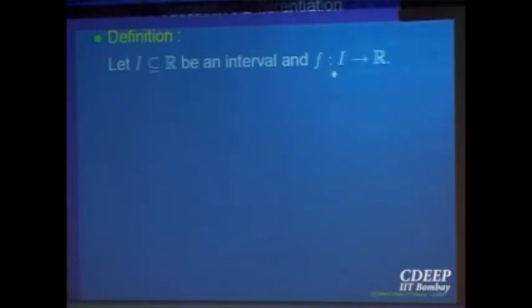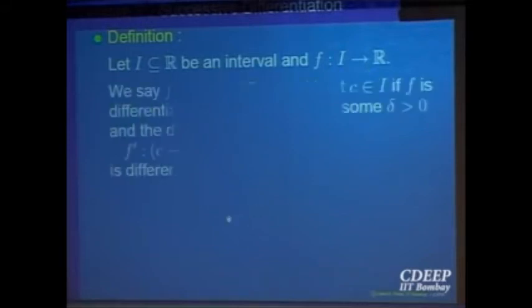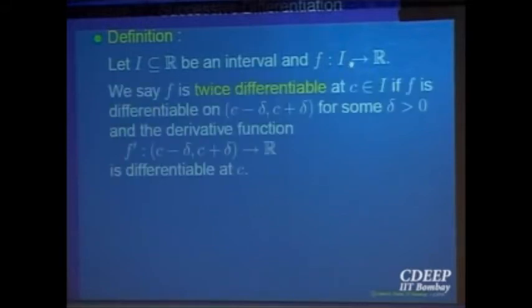So f is a function defined on an interval I to R, and let us take a point C in I and assume that in a neighborhood of that point C, the function is differentiable at all points, not only at the point C. That means f prime is a well-defined function in a neighborhood of C. Then I can ask whether this function is again differentiable at the point C or not. So be careful. When you want to find the derivative of a function, the function has to be defined in the neighborhood of that point. Otherwise you cannot find its derivative.